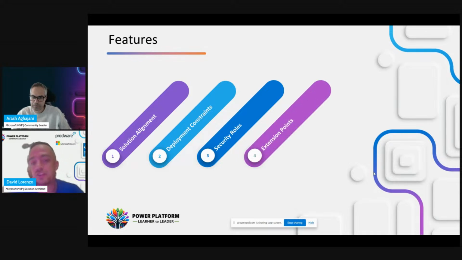Extension points, this is our main topic today. We will see how we can extend the deployment flow in different ways, at different points of the pipeline, to add functionality. In today's session, we will add approvals, we will add continuous integration from the pipeline in Power Platform to the DevOps repo. We will combine the Power Platform pipeline with the Azure DevOps pipeline to get this done. And we will also add a delegated deployment using a service principal.